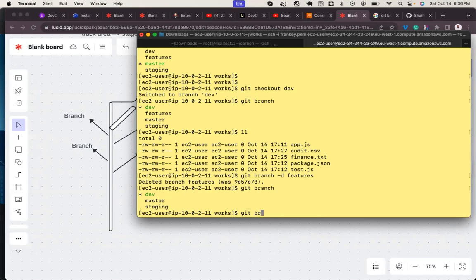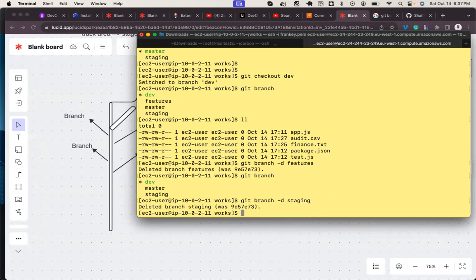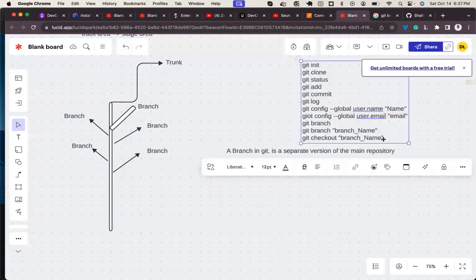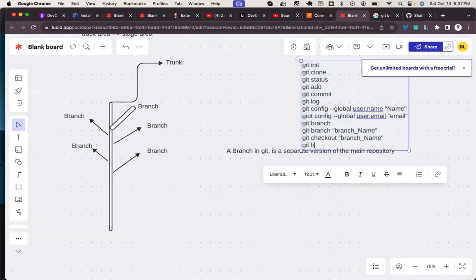Similarly, git branch -d staging. Git branch to list. I'm left with dev and master. Let's put that down. Git branch -d branch name.